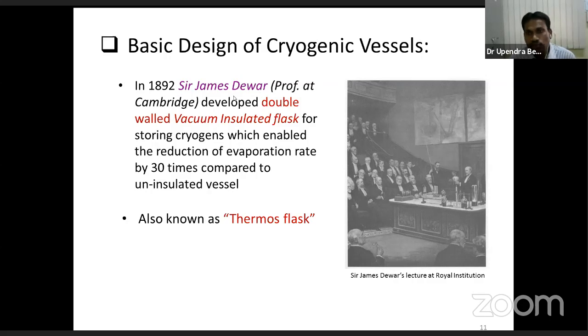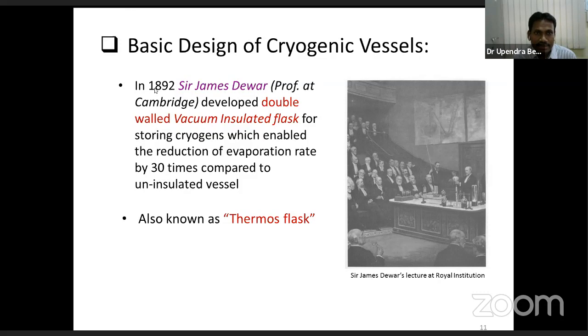While attempting to liquefy oxygen and hydrogen, which he had assessed in 1891, he was able to liquefy oxygen. And when he wanted to store it, he needed special containers. Without that, it just gets boiled off once it comes to atmospheric temperature. So after liquefying this oxygen in 1891, he tried to develop some special containers which can store all these cryogenic